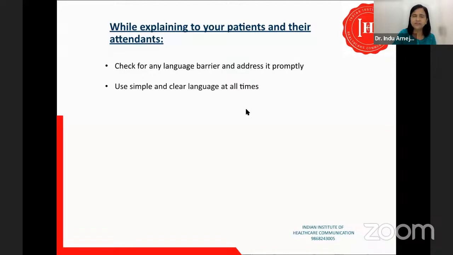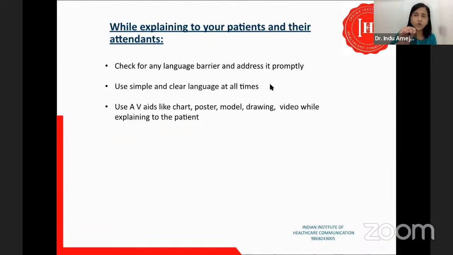times simple words that we use in our regular way, BiPAP. So we know what BiPAP is and what is the difference between BiPAP and CPAP, but patients and their family members may not understand. So we really need to make sure that we use the language that the patient can understand. And one of the things that we have to remember,